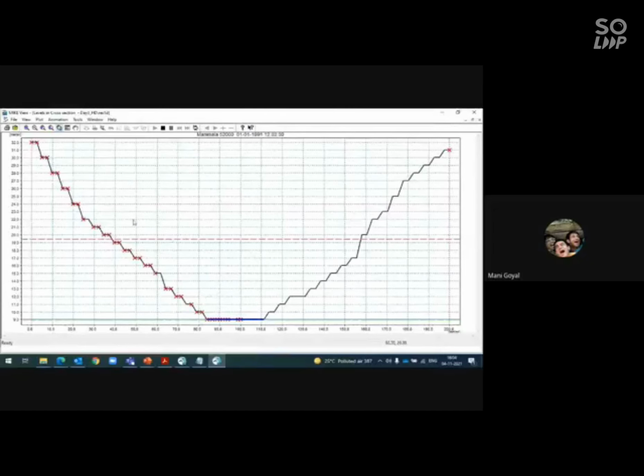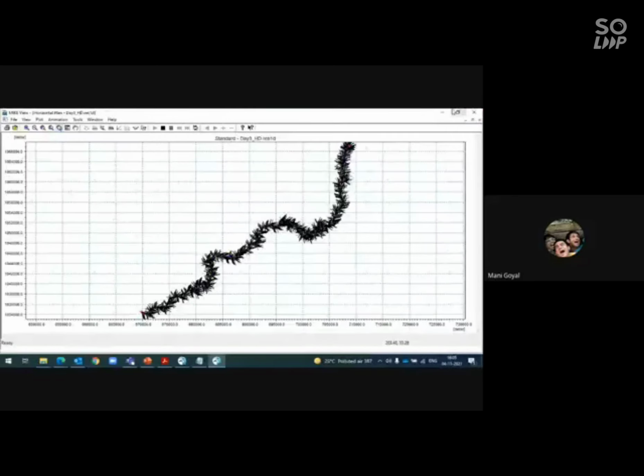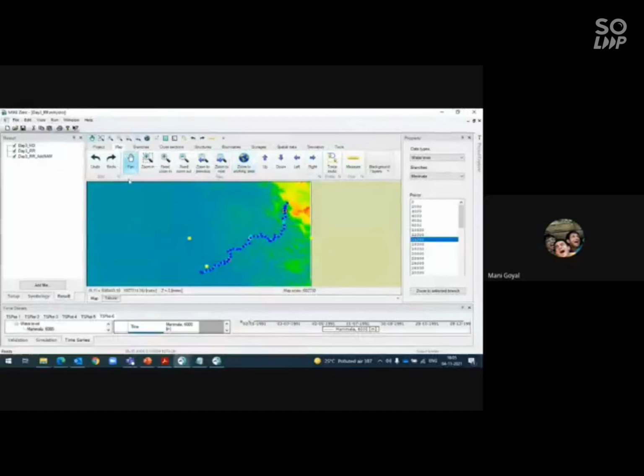So again, this is the maximum water level in your cross section. This is how you can analyze your result further. Once you include your RR and run the coupled 1D and RR, HD and RR, the results will be different. Then the calibration process takes place in both 1D HD and RR. I won't go into RR because I need to explain MIKE FLOOD. So this is how you can prepare a simple 1D model.